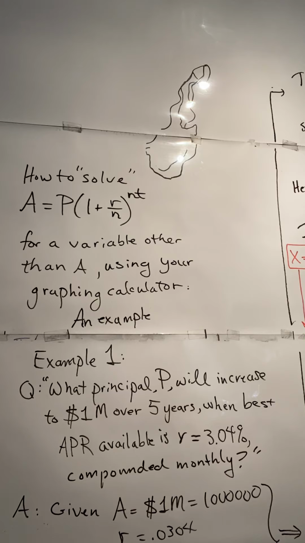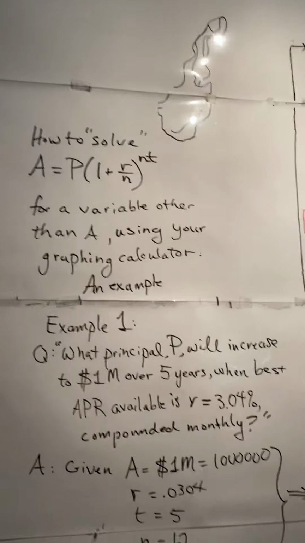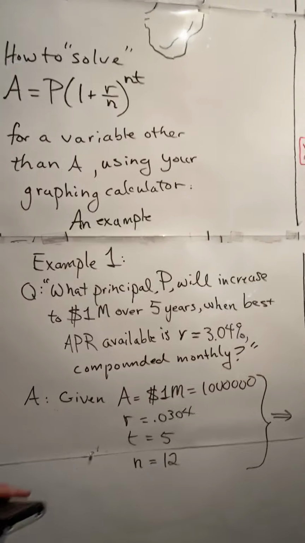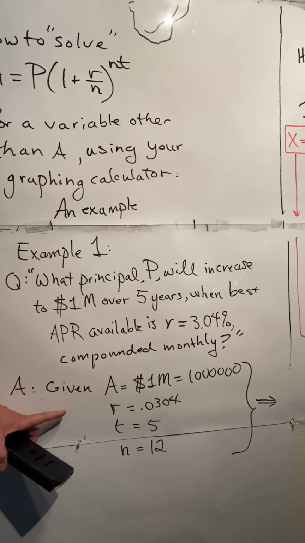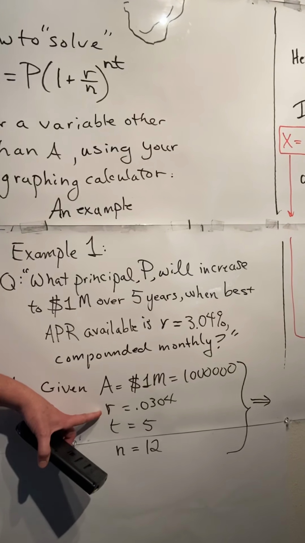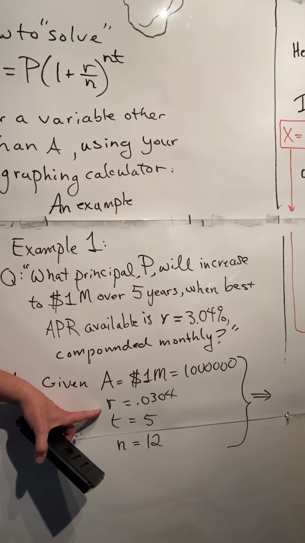What's going on there is that we are given the information that A is equal to 1 million, R is equal to 0.0304, T is equal to 5, N is equal to 12, and our question is, what is P? So if we plug those known values back into this equation,